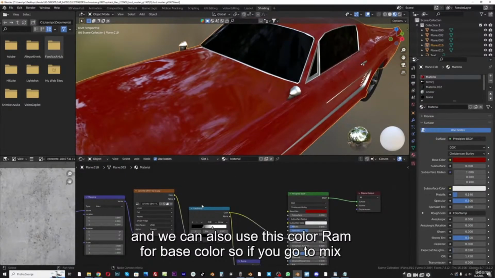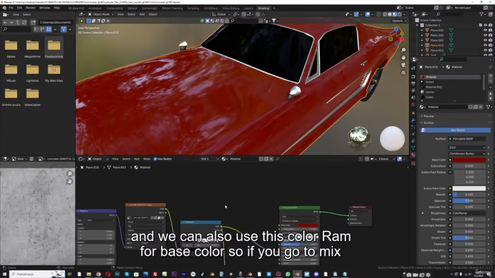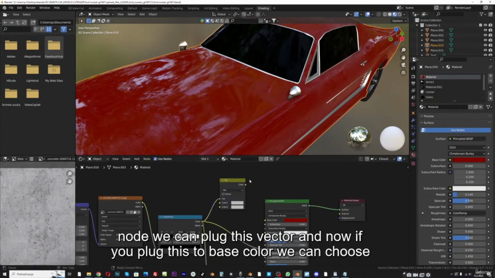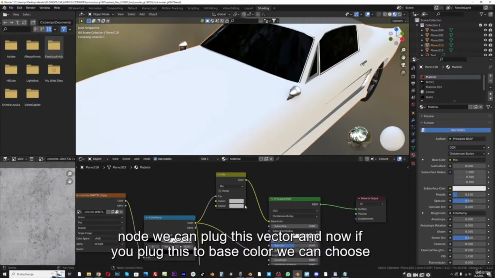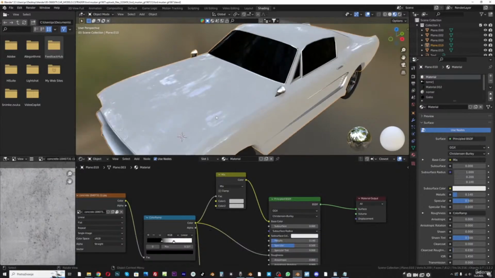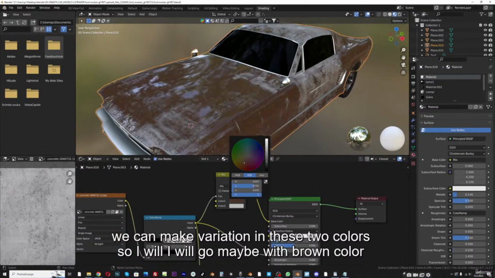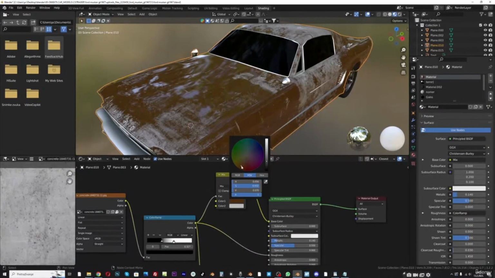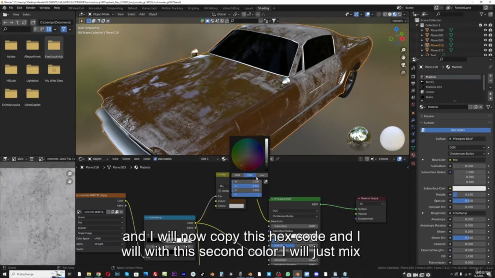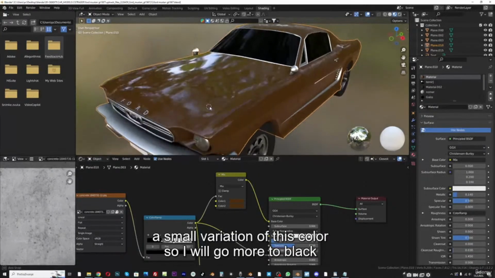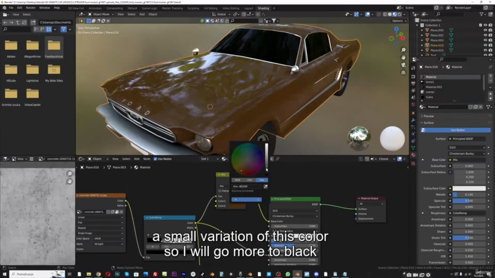And we can also use this color ramp for base color. So if we go to a Mix node, we can plug this into factor, and now if we plug this into base color, we can make variation in these two colors. So I will go maybe with a brown color, and I will now copy this hex code, and with this second color, I will just make a small variation of this color. So I will go more to black,